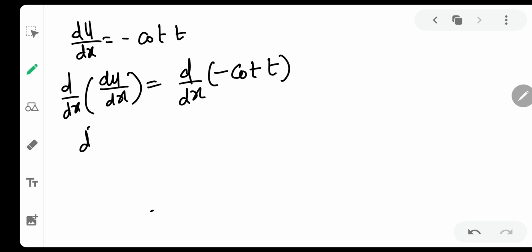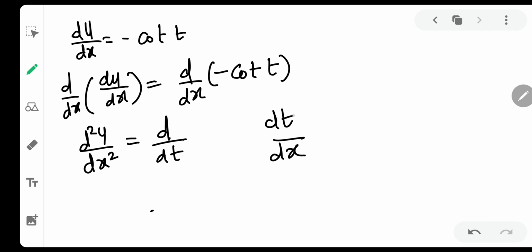Now the left hand side is simply d2y by dx2, that is the second order derivative of y with respect to x. Now check the right hand side, you are differentiating cot t, which is a function of t, with respect to x. Totally not done. So you need some adjustment. So dx, I just flipped it on the other side. Okay, why? I write down dt and dt, multiplied and divided by dt, so as to make this a very nice looking function. See now, I can differentiate cot t with respect to t. That is totally possible. And that is how you do it.